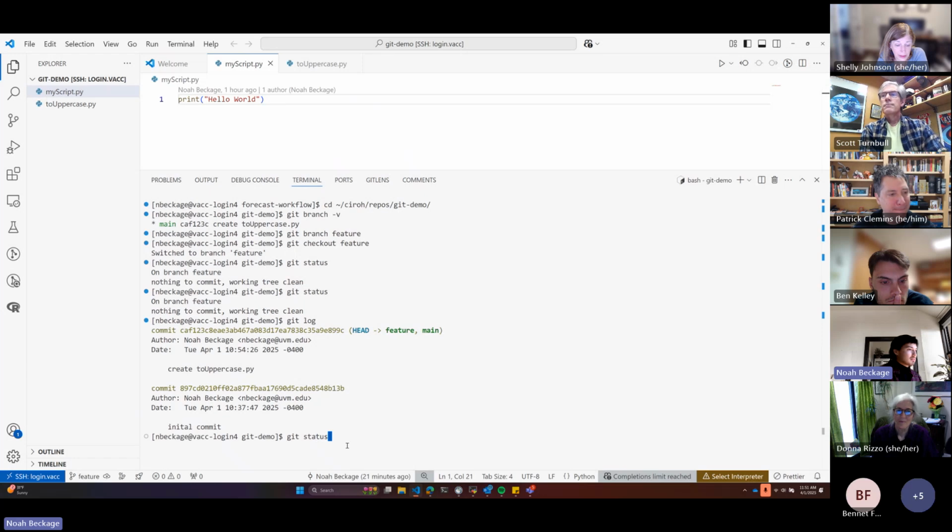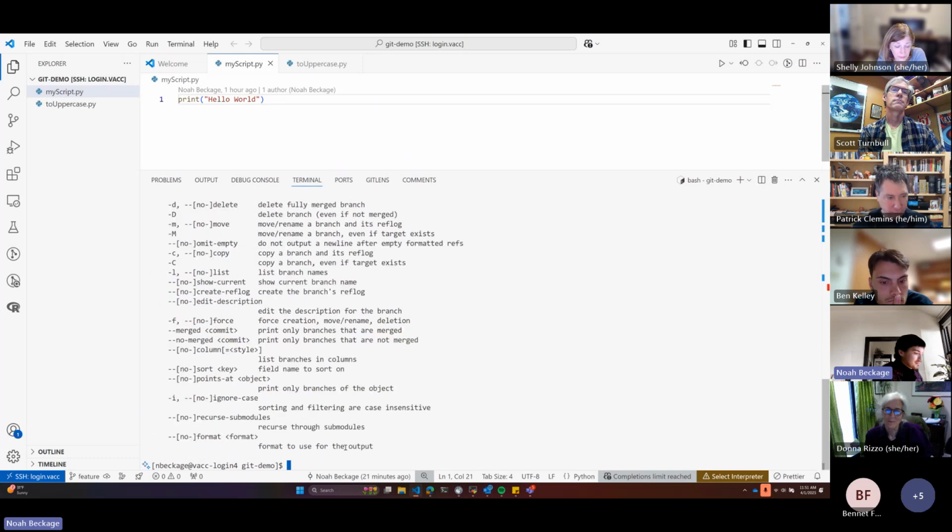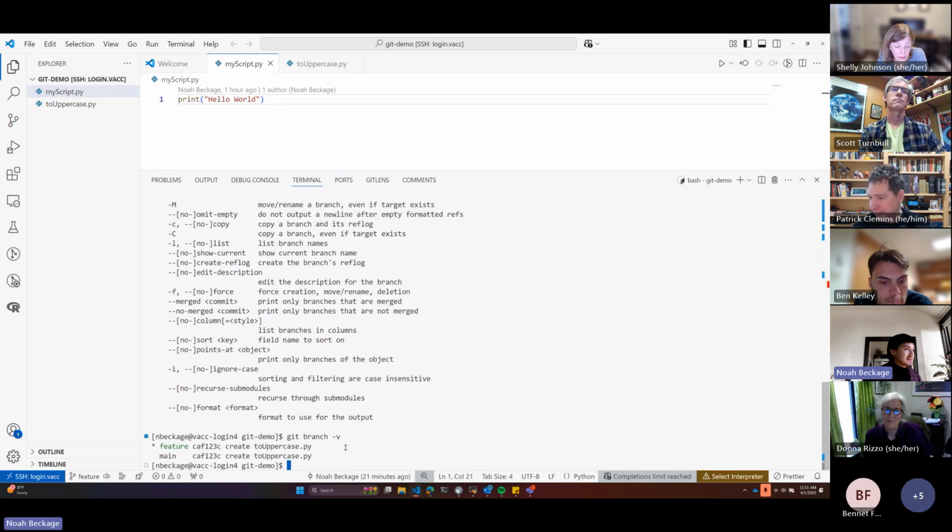So it's going to run a git status. Yes, I created a feature branch already before, whoops. git branch -v. This git branch -v command is really helpful from the command line. It shows you what branches you have created locally, what their last commit is, and which one you're currently checked out to, which one you're on. So running git branch -v, you can see, okay, I'm on a branch called feature, and it's up to date with main. So basically what I just did